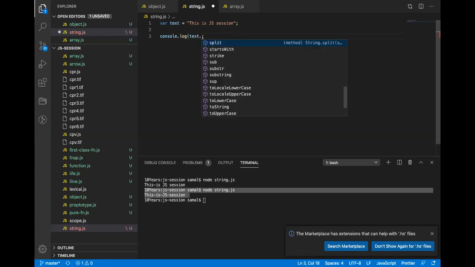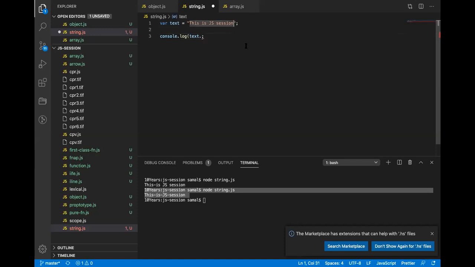So another method is split. I showed you uppercase, lowercase, trim. Sometimes we receive, let's say, whenever we fill a form and put an email ID, we always put a space after the email ID. Let's say Ankita Matre at gmail.com, and now she is filling the form but added a space.